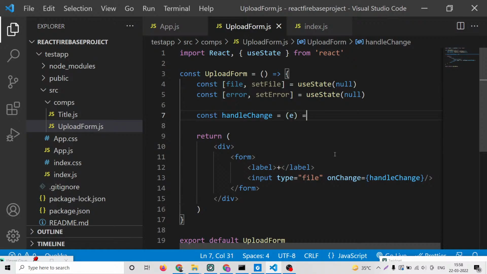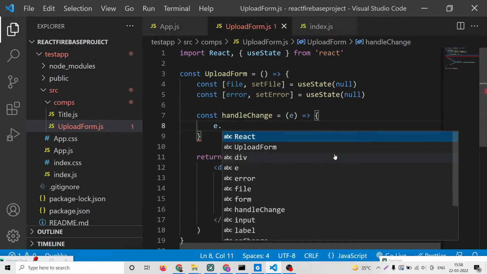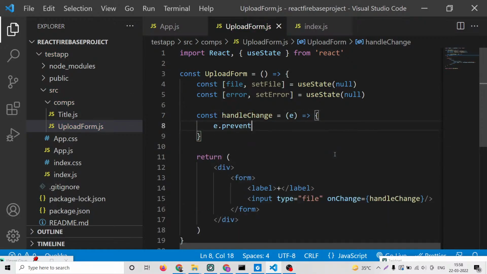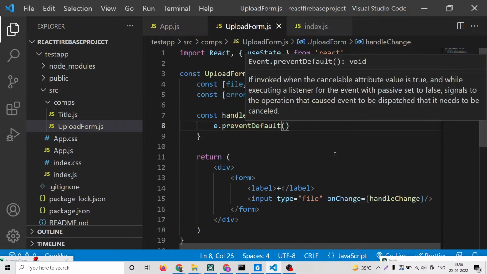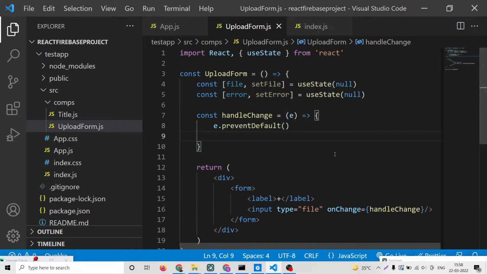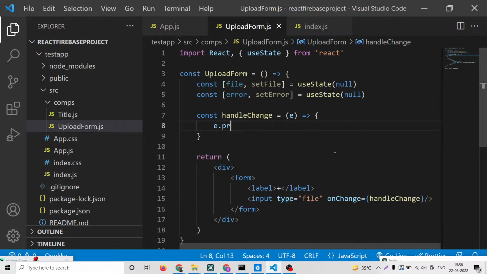So this will have the e parameter. First of all, we will say e.preventDefault. This will prevent the auto submission of the form. Or we don't need this. We are not working with forms. So we will simply